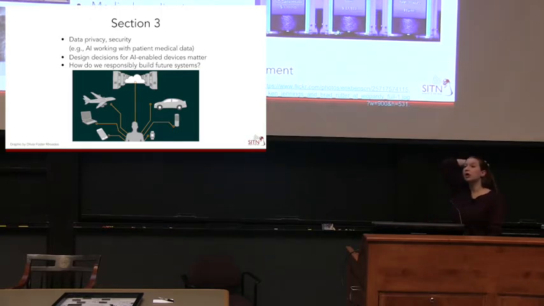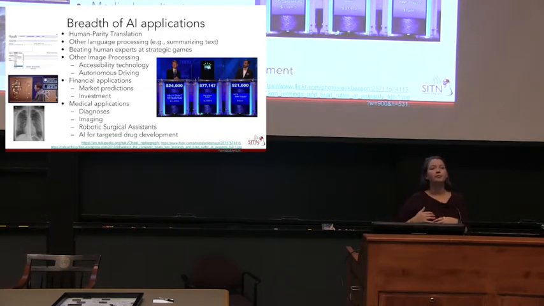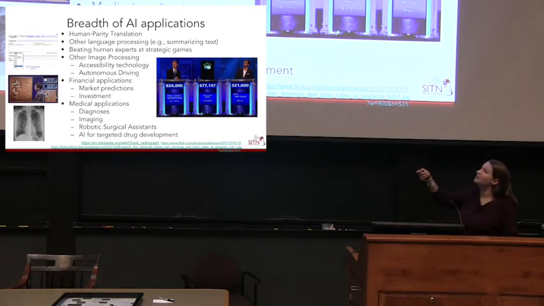So I'd be remiss if we didn't address a little bit more of the breadth of AI applications, since we have discussed a lot of mobile-specific applications that you interact with. There are solutions for human parity, so equal to human translation in many different languages, and other language processing tasks. And then the fun one that you might hear about in the news is that different AI systems are beating human experts at strategic games. So this is a picture of AlphaGo, which is now an entity acquired by Google. And then you may have heard of IBM Watson, who performed on Jeopardy, but nowadays is working on more serious matters, not that Jeopardy isn't serious,